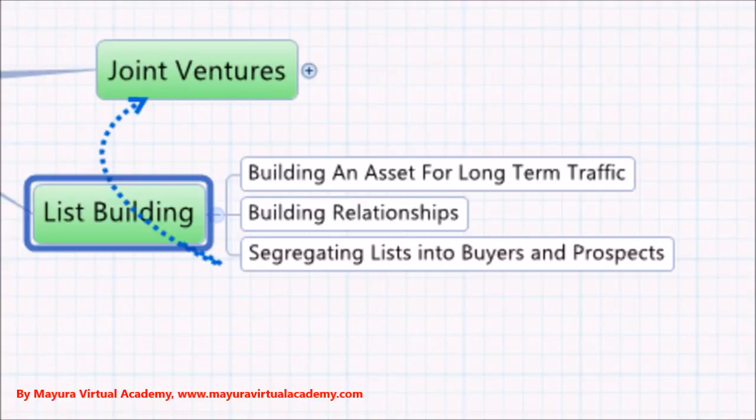That's a very important thing, but you're going to make sure that you give your buyers a bit more attention perhaps, or at least give them a bit more value so that you can encourage them to buy from you again. Because if they bought from you once, there's a good chance they will buy from you again. We all know that part of internet marketing is that you get lots of people looking for freebies, and so if they're on a different list, then you can segregate the people who just want free stuff from the people who are actually going to prepare to buy it from you, and as a result you have a much more effective business model.